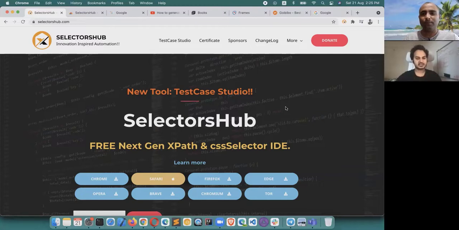So many things are there, and people can learn a lot more. This is the smart editor where people can save and build their XPath without wasting any time. It's a very pretty tool, and you have shared deep knowledge about it. Those who want to learn it can visit the Selectors Hub channel and learn it from scratch. So this is all about Selectors Hub in the software testing journey.